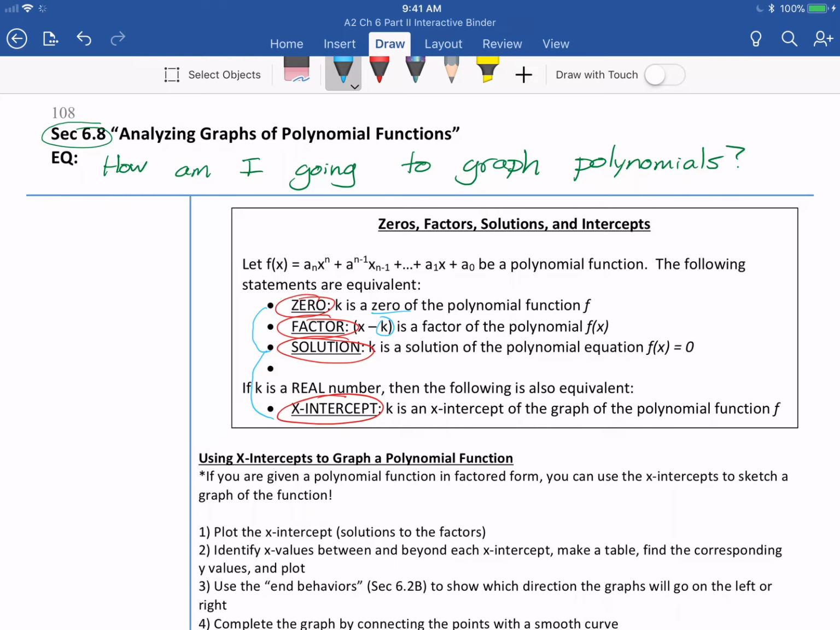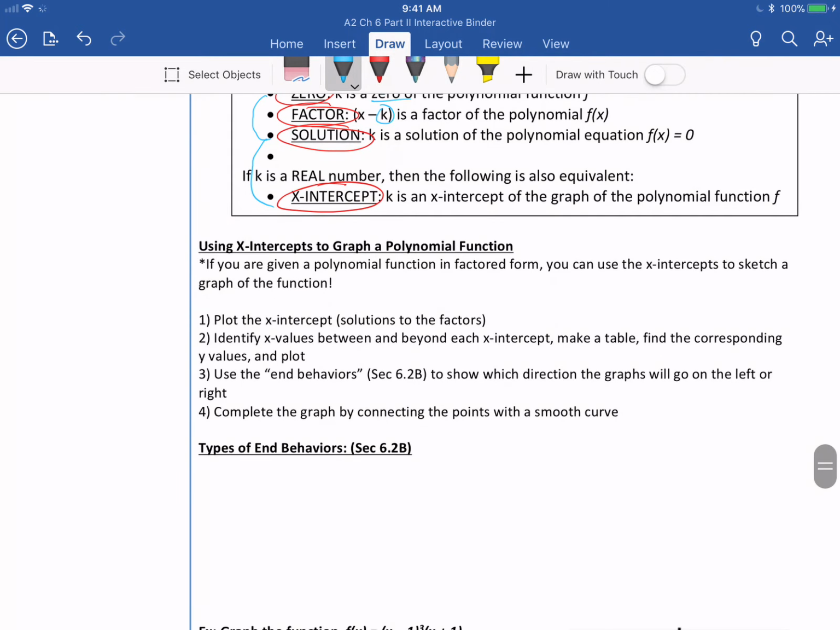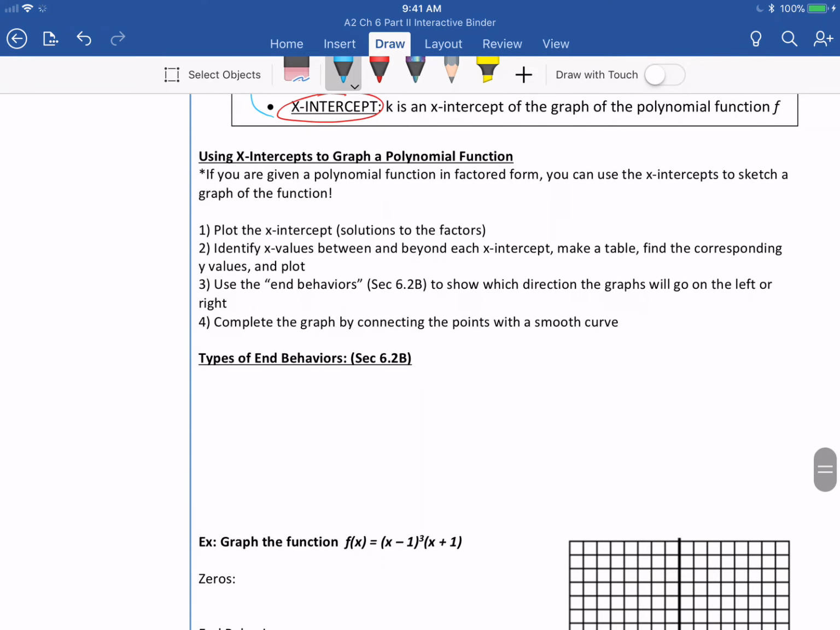So a zero of a function is an x-intercept of your function. And an x-intercept of your polynomial is a solution. So they're all kind of interchangeable. It's nice. Okay, so what we're going to use these for is to graph, and I just have a little bit